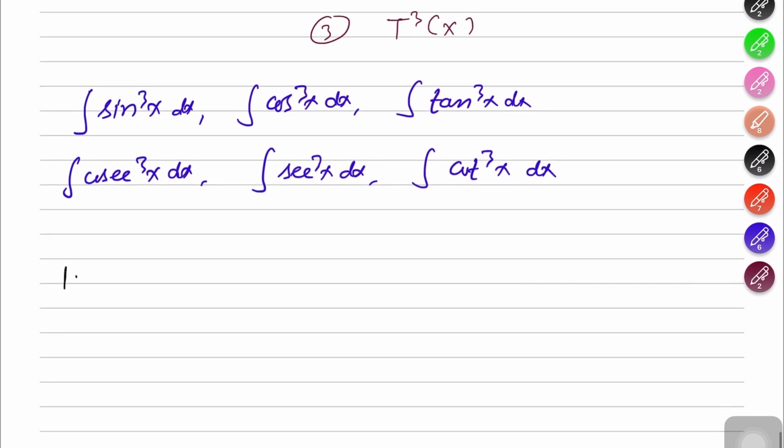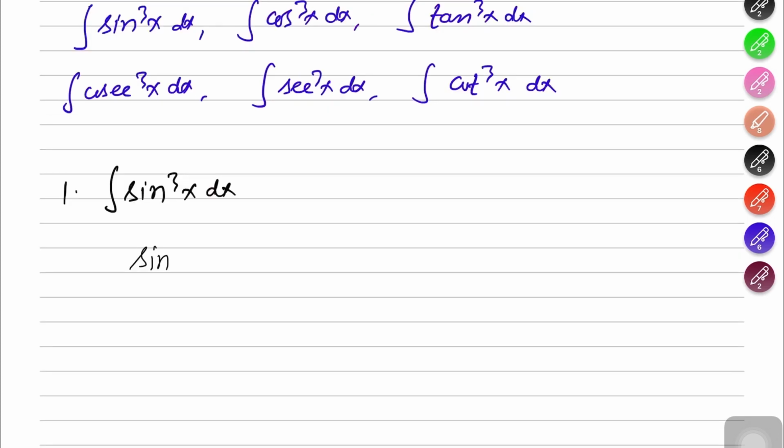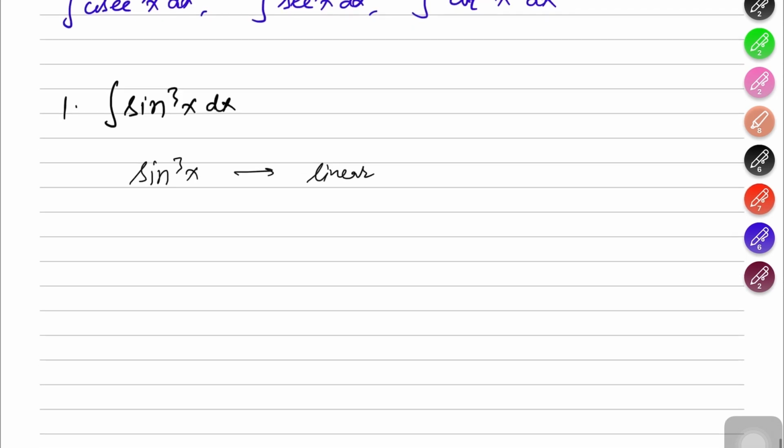Let's go with the sine function. So sine cube x dx. There are many ways to solve sine cube x. We have to convert it into something linear, so cubic into linear form. We have a trigonometric identity that says sine 3x is equal to 3 sin x minus 4 sine cube x. That simply means that sine cube x will be written as